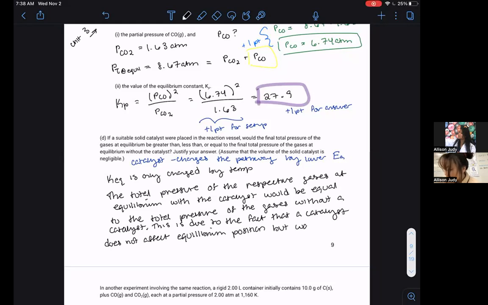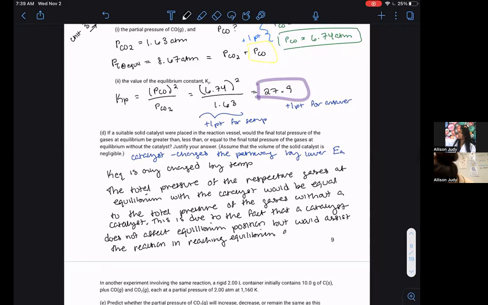But would assist the reaction in reaching equilibrium quicker. Okay, so